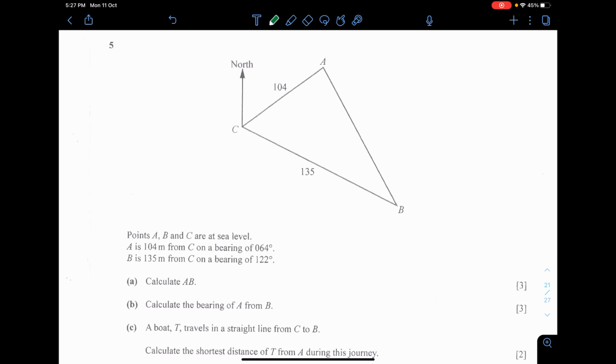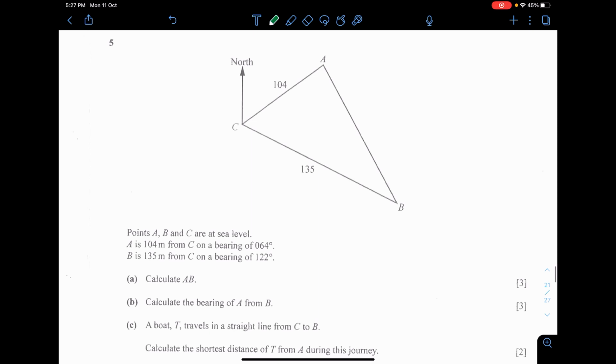Next, the line AB. ABC, you have a triangle here, north and bearings and so on. What is not written in the picture is the bearing yet. The bearing of A from C is 64 degrees. Bearing is the clockwise rotation from a certain location to another location. The bearing of B from C is 122. So if I minus 122 by 64, I get the leftover 58. Meaning to say, this is a 58 degree angle here.